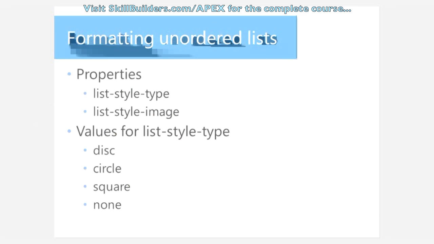You can actually change the way your lists look, both ordered and unordered. We're starting here with unordered. The properties you'll use to do it are list-style-type. There's some predefined types in the browser. And if you don't like the options here with the type, you can use the list-style-image instead. So here are the normal values for type: disk, circle, square, none,